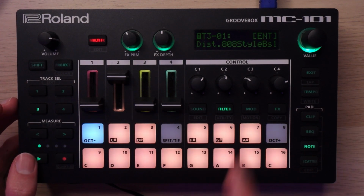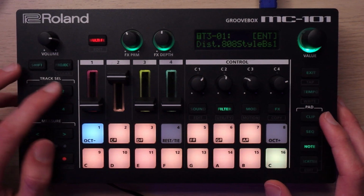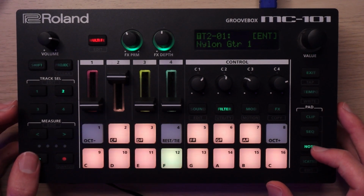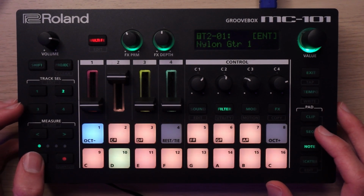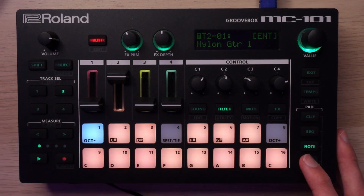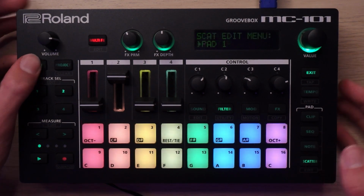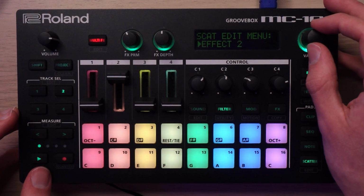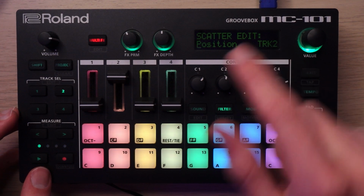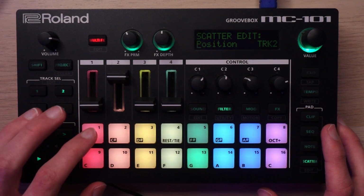This will sound quite a bit different once it's processed, and I'll get to that in a bit. This is nylon guitar 1. And it sounds kind of cheap and fake, but it's a decent foundation for the kind of sound I'm going for. And it's worth noting that I have scatter routed so that if you hit shift and then scatter, you can go all the way to settings. And you set the position to an individual track if you want. So I've set this to track 2, which is the guitar. So what I can do,